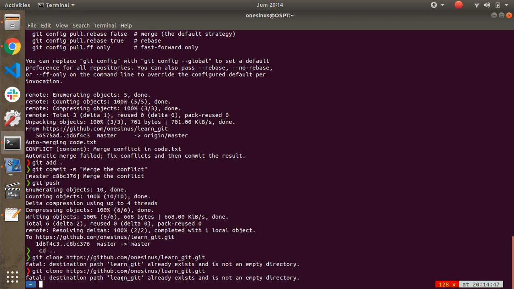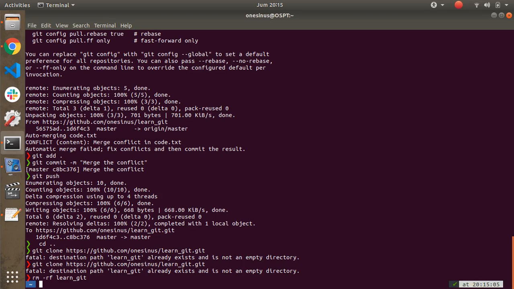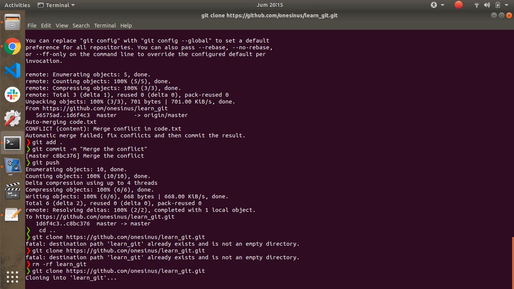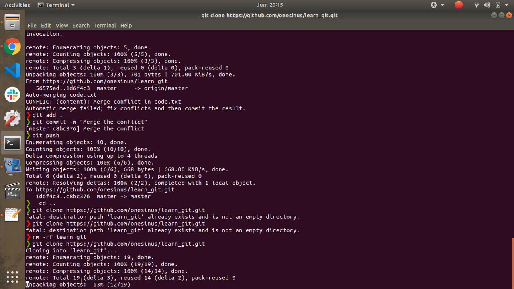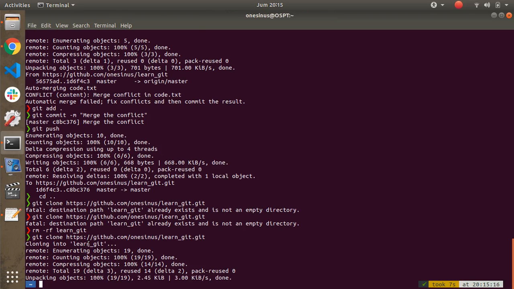because we already have the learn Git directory, this cannot be done. So we can rm -rf learn Git first, and then we can run git clone with the repository URL, and it will be cloning into the folder named learn Git.